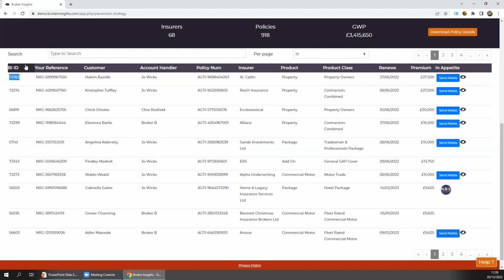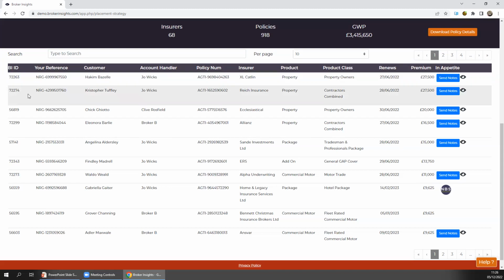If you're talking to an insurer about a policy, exchange that BI ID number. It means you can search for it, as can the insurers. So you can type it into that search box, find the case in question, and that discussion can take place. It's also worth thinking about if an insurer does ask you for a presentation about any of these cases that you've identified in the platform, pop that ID number onto the presentation or in the body of the email.